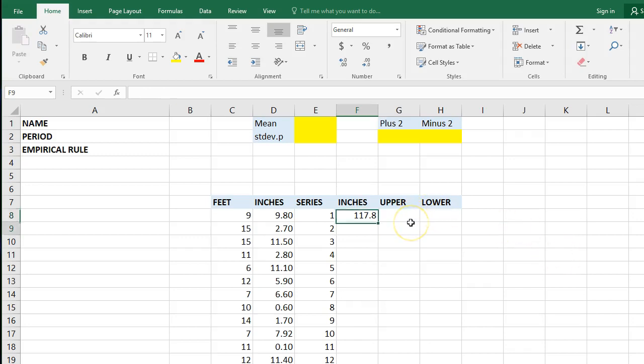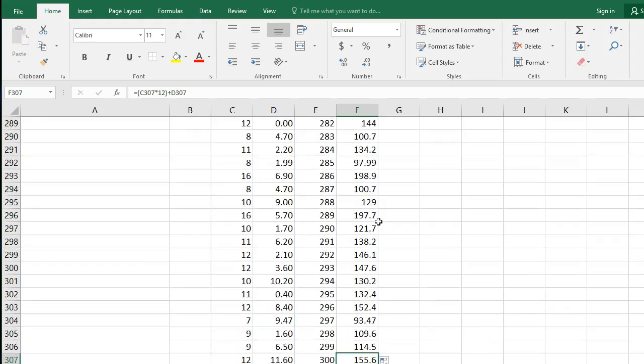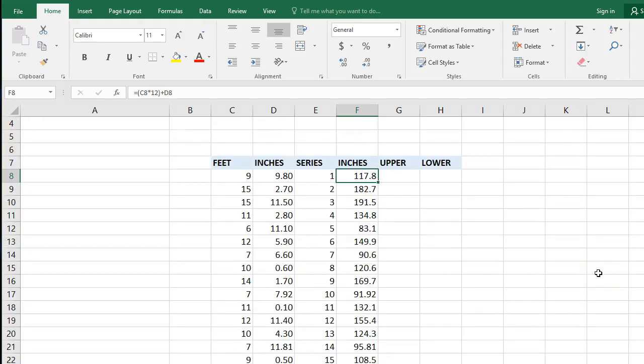I want to do the same calculation all the way down to the bottom. I'm going to double click right here, and it goes to the bottom. Now let's perform some